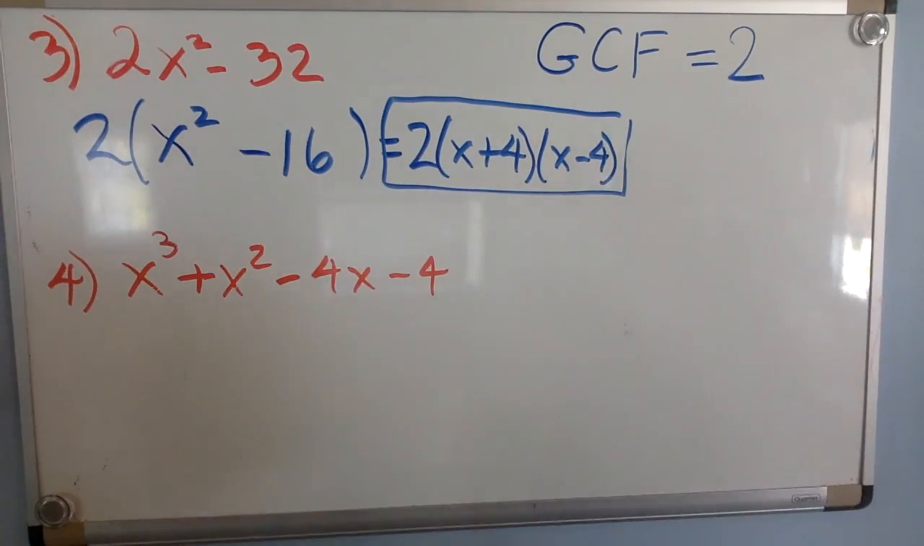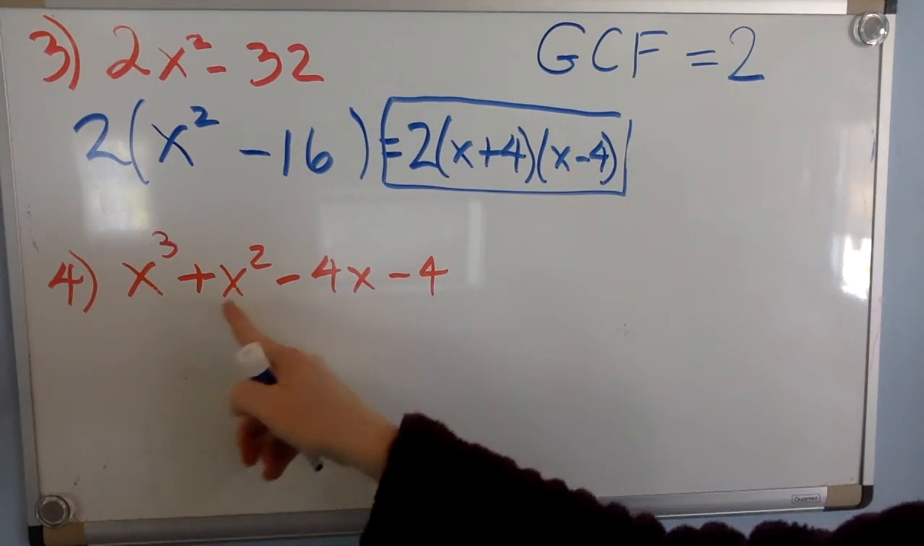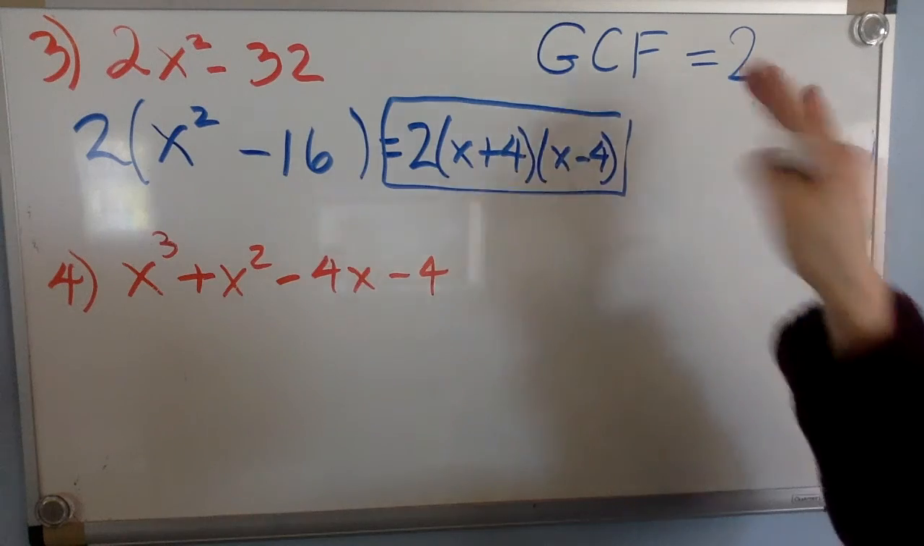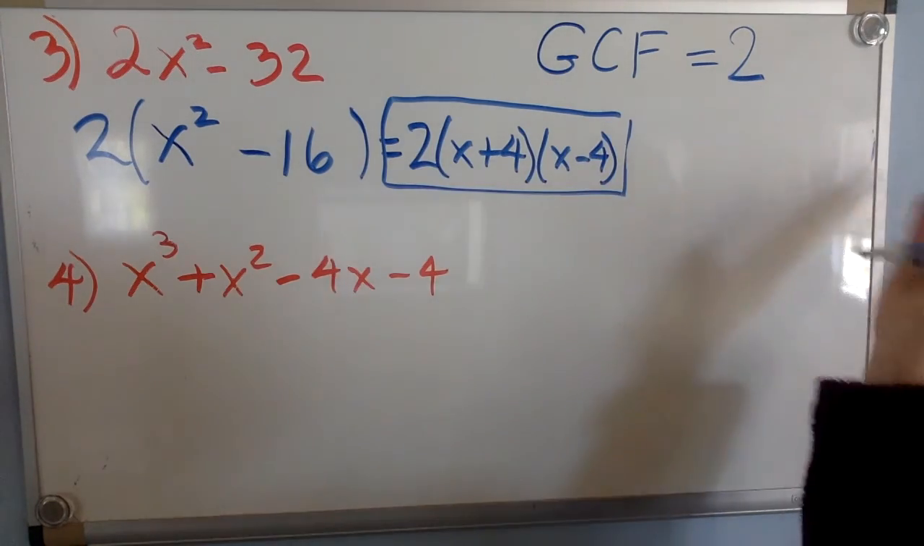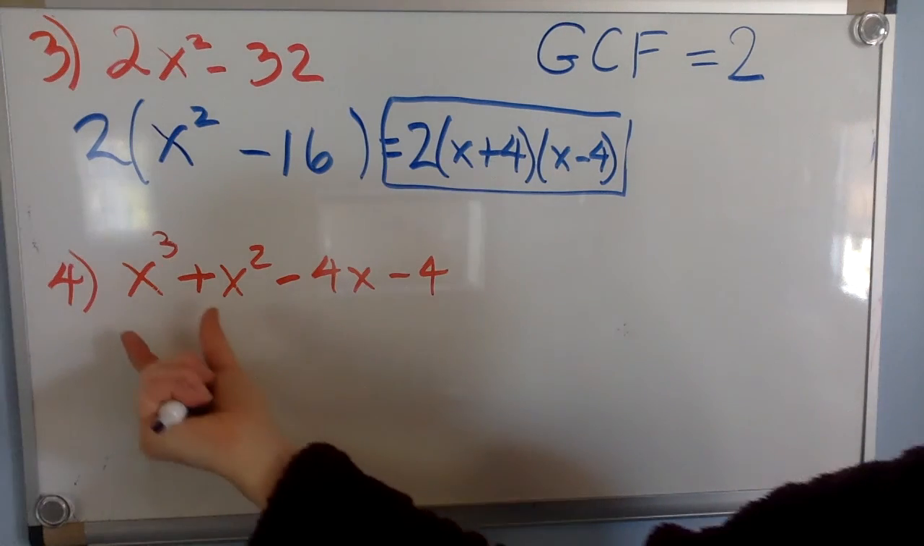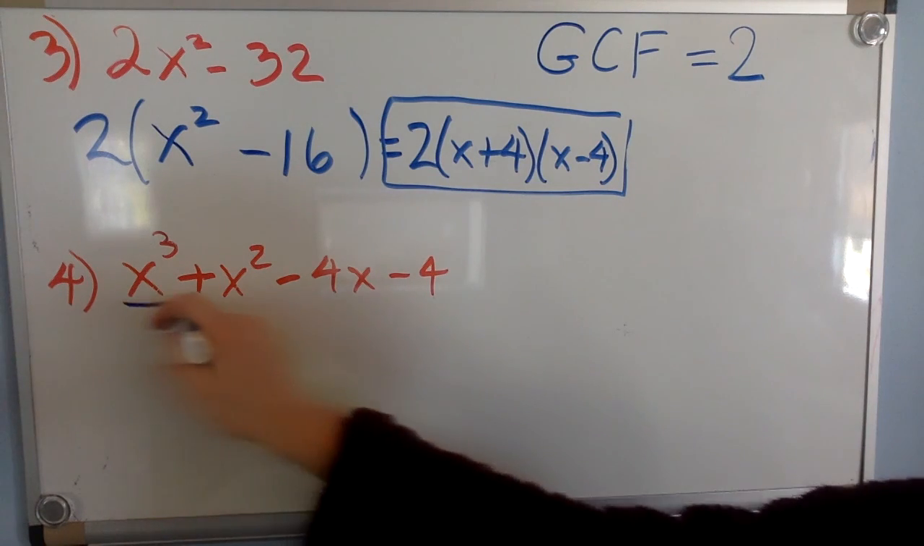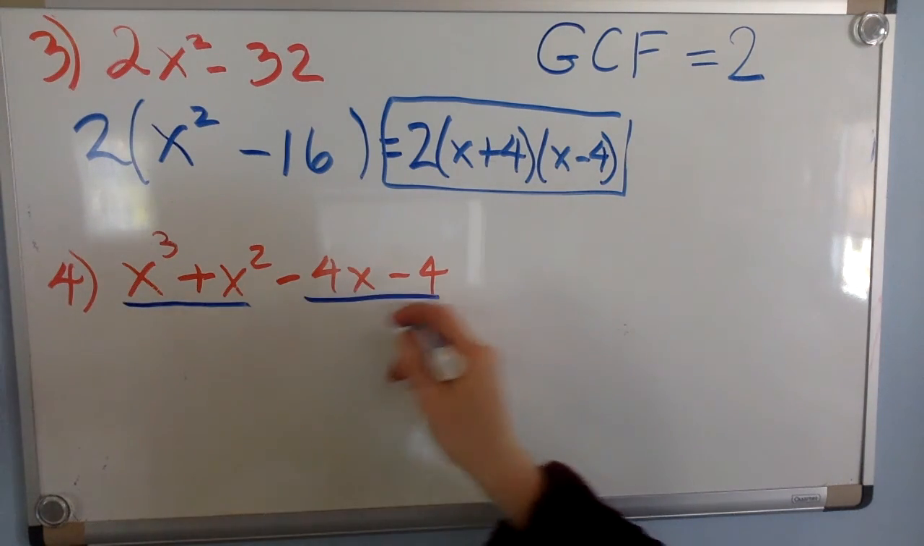So I end up with 2 times x plus 4 times x minus 4. This next problem, number 4, does not have a greatest common factor, so I have to skip that step. And then I say, well, is it 2, 3, or 4 terms? And it's 4 terms. So that means I'm going to try to factor by grouping, and this one can be factored by grouping. So I'm going to group these 2 terms together, and I'm going to group these 2 terms